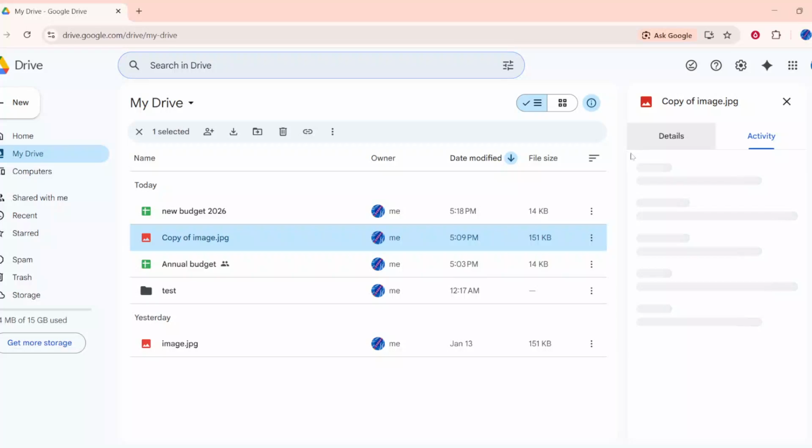In today's video, I'm going to teach you the accurate way to move files and folders in Google Drive using the current right-click menu on a computer. By the end, you'll know exactly how to place your content where it belongs without creating duplicates or breaking links for collaborators. First, open your preferred web browser and go to